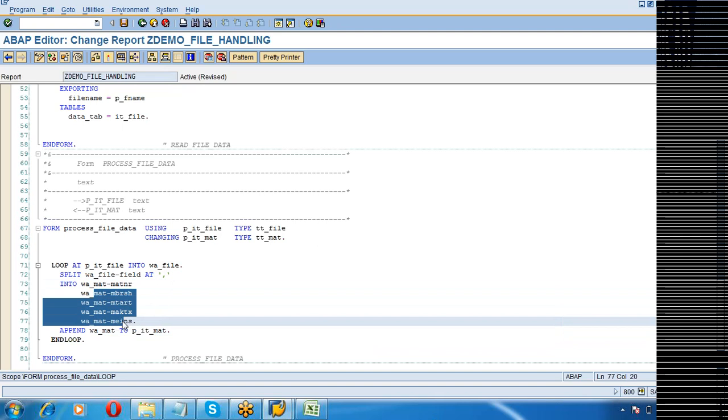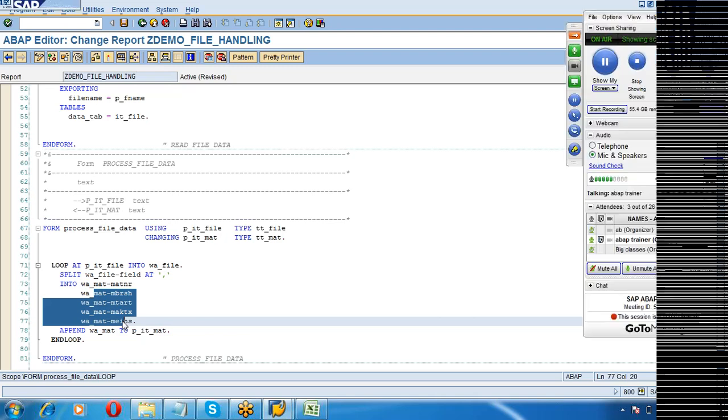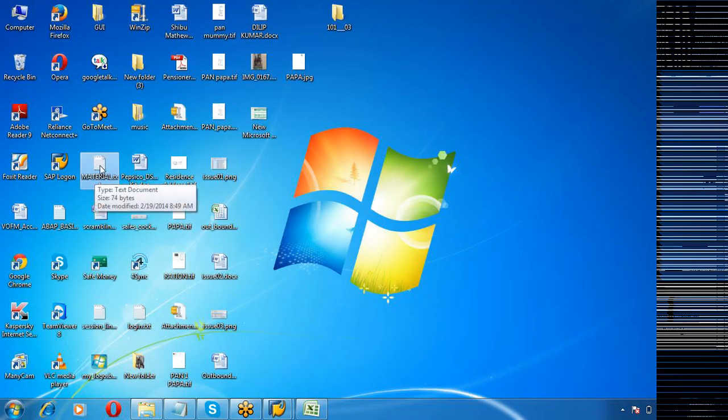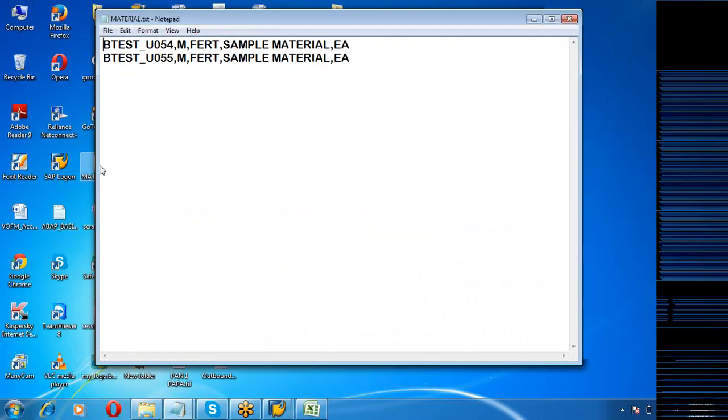So generally what happens is when a functional requirement comes in, the file format is already available. It will come with a file format. Take the file format and then you try to create a dummy file like the one that we created. We started off from the dummy file. This file's format we did not have because I created it. But generally in a functional requirement, the format of the file will be available. Then you create a dummy file out of it with some data to test your program.